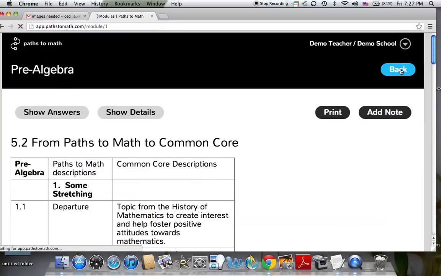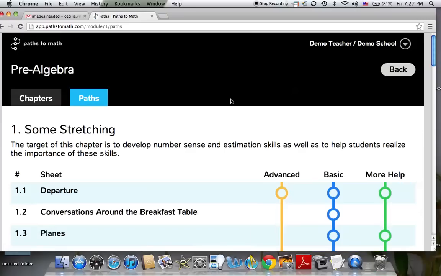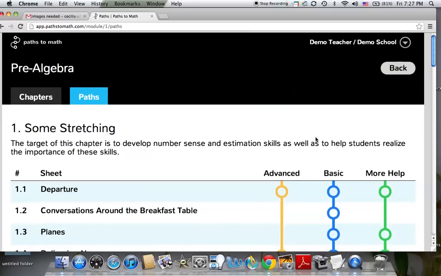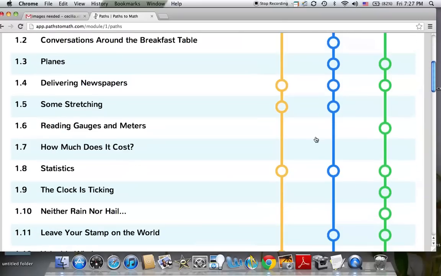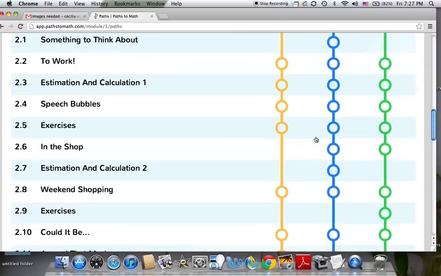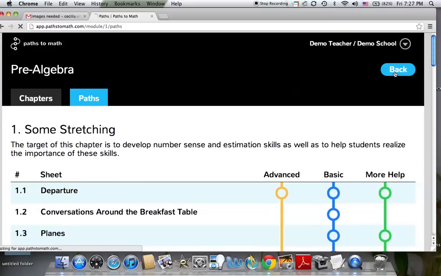Also, all of our modules have suggested paths that teachers can use to differentiate the instruction in 3 different ways and 3 different levels. Besides these 2 features,